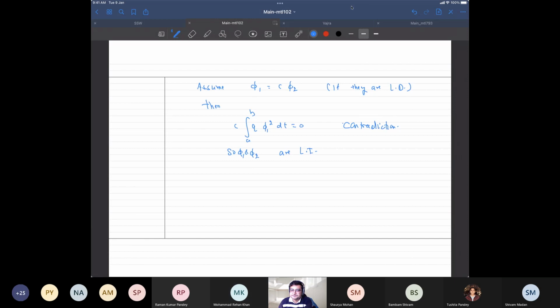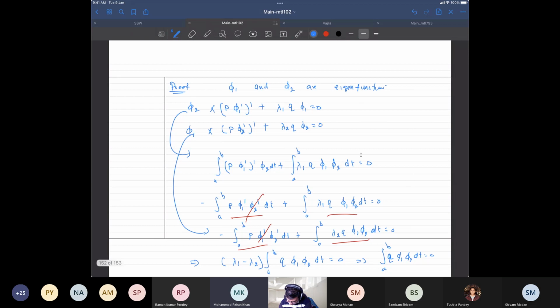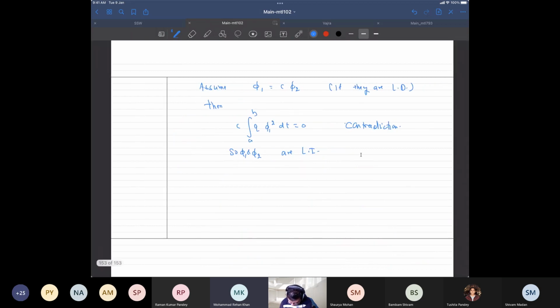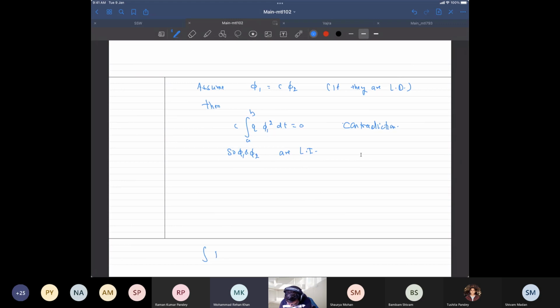Sir? Yes. How did you take out that p from the differential? Because p was a function of t. I did not take it out. I never took it out. So here it was in the integral, right? Okay, let me show you how to do. So this is p phi1 prime phi2 prime, right? It was something like this. We took the derivative, and we take this one here. So you get